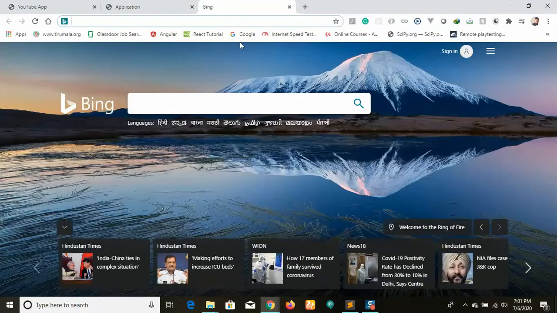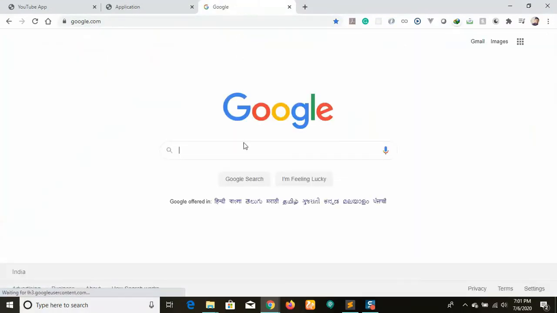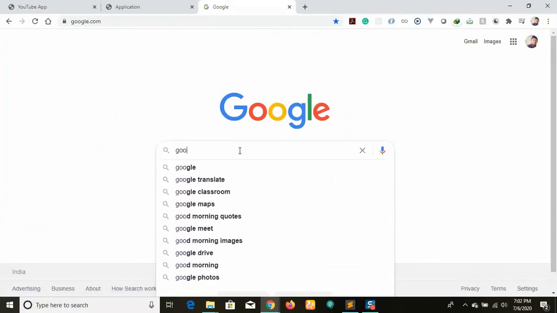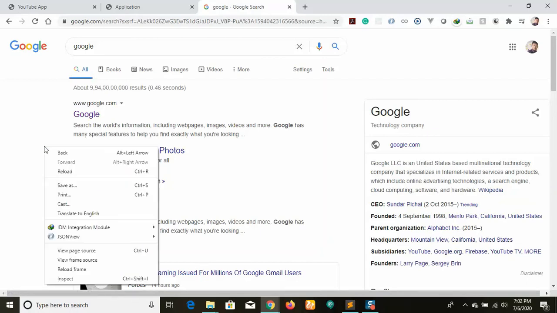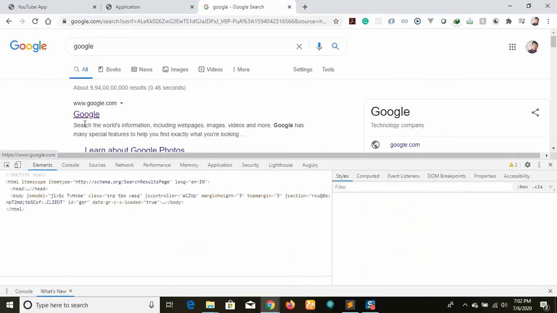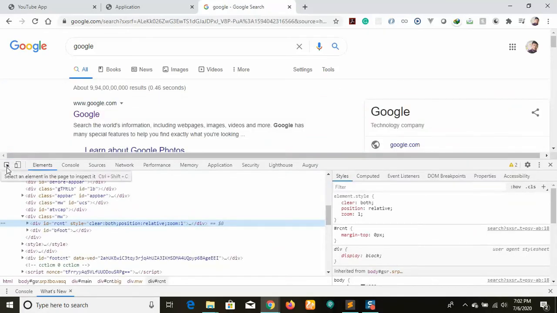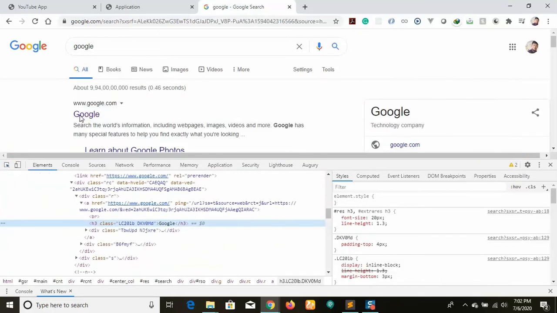So when we go to any Google application, let me type some Google like this. So you can see, right, this one. The links are showing, right. These are the anchor tags. If you try to inspect the element, right click and inspect. If you click this one and hover here, it was showing h3. Okay, it's good. If you see on the top, it's the anchor tag, right.